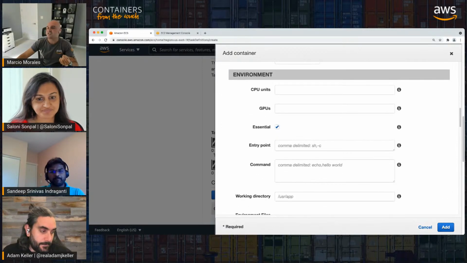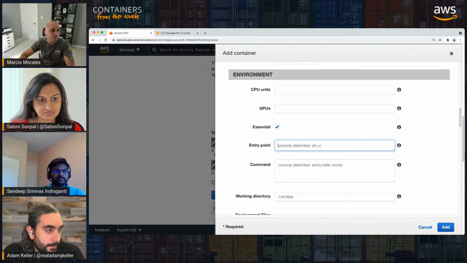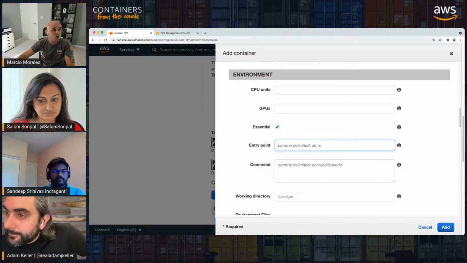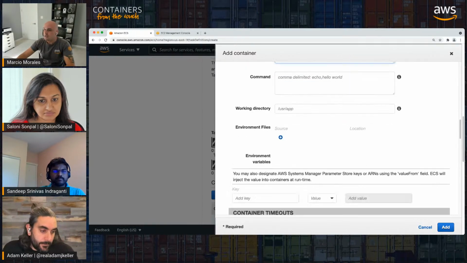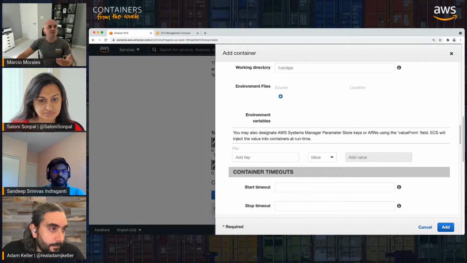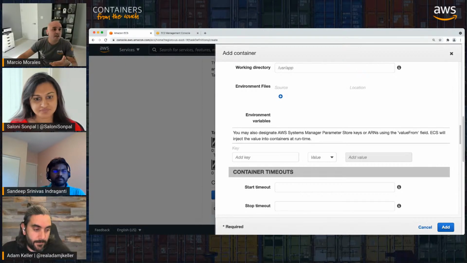You have some options here, like let's say you want to bootstrap your container and change something on the fly during the launching of the container. You can do so, right, through entry points and commands here. You have all the other options, like if you want to use environment variables, this kind of thing for your application that requires something like that,